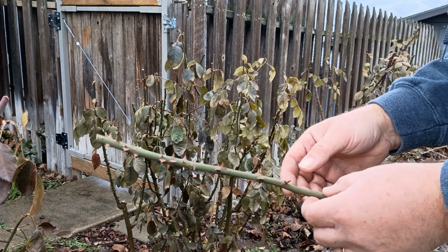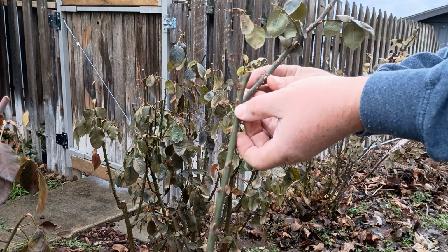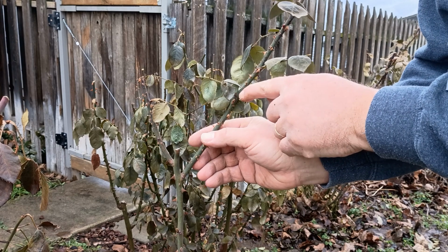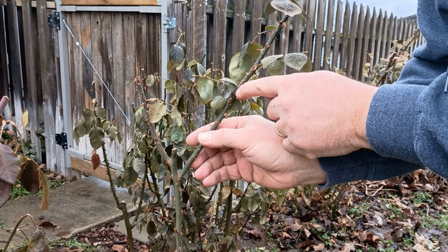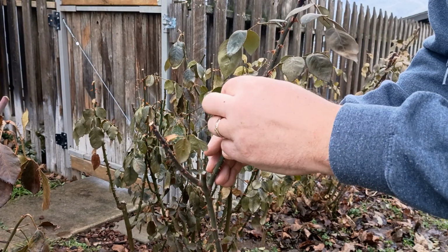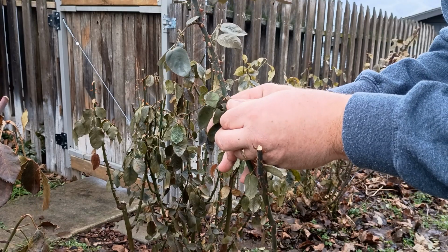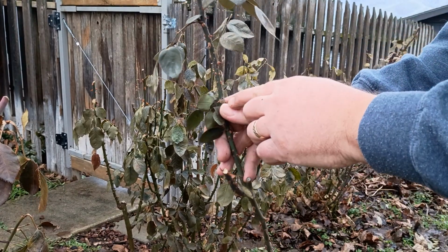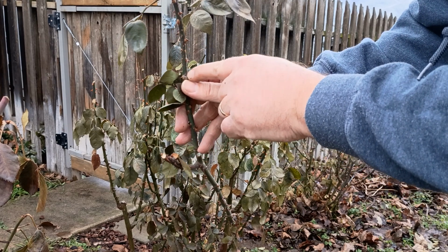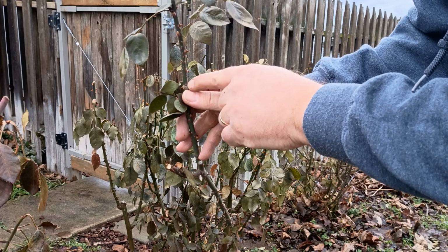And then we need to be able to identify parts of our plant. Anywhere on a rose bush that there is a leaf that comes off, there's going to be a bud right at the base of that leaf. So this is one of last year's leaves. The reason it hasn't turned completely brown and fallen off is our cold snap was just a few weeks ago. Right down there at the very base of that leaf, there is a little round knob, and that is the